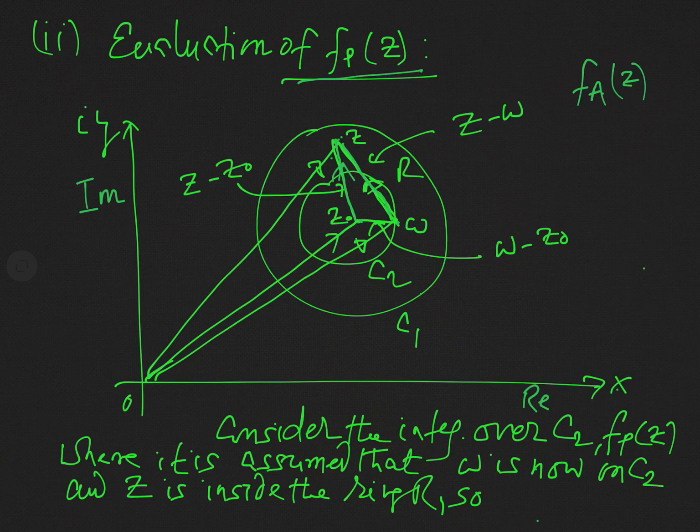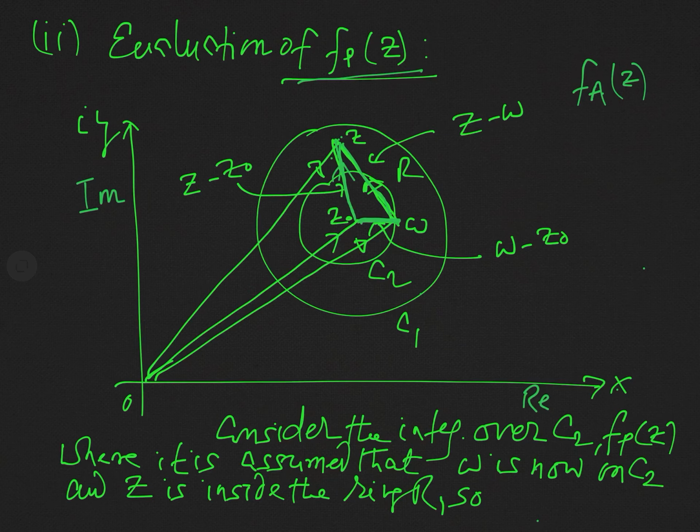And if we want to find the length of the line joining the point z equal to z naught, that is the center of the two circles, and the point w which lies on the circumference of C2, so this length is actually the radius of the second circle C2, and that will be in fact equal to modulus of w minus z naught. It is obvious from this figure that the length modulus of z minus z naught is greater than the modulus of w minus z naught.